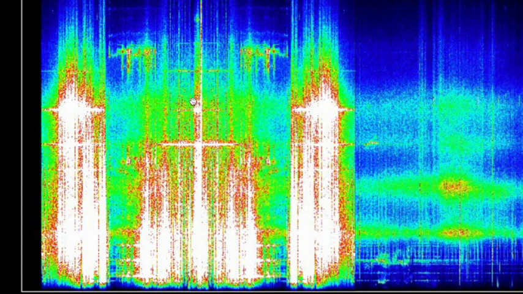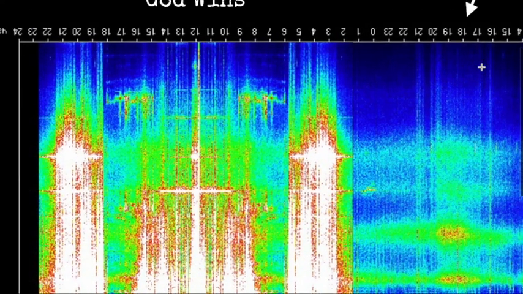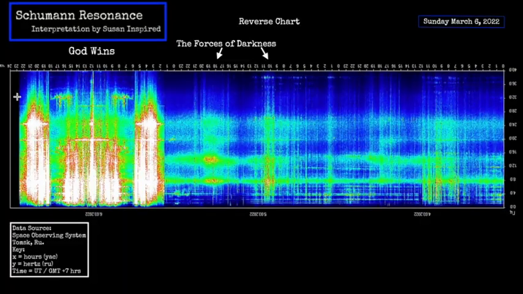You see the cross, you see the towers of the church here, you see the bulbous shape. It's incredible. You see the horizontal lines, and even you see additional ones up here. Now you see this sort of demonic entity attempting to fly around it, but guess what? God wins. It's just so powerful. I call this a reverse chart, by the way.